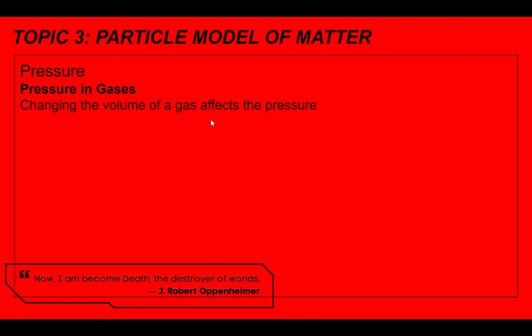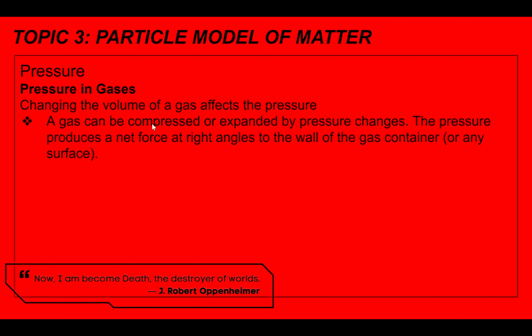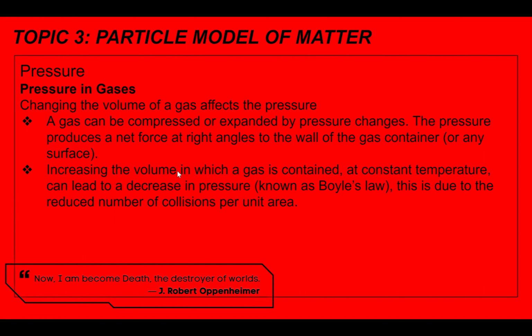Changing the volume of a gas affects the pressure. A gas can be compressed or expanded by pressure changes. The pressure produces a net force at right angles to the wall of the gas container, or any surface. Increasing the volume at which gas is contained at constant temperature can lead to a decrease in pressure, known as Boyle's